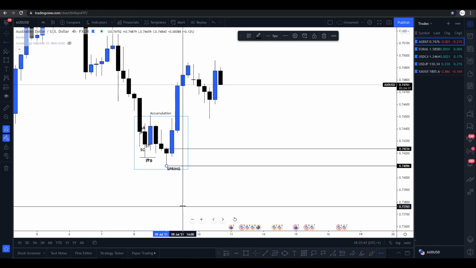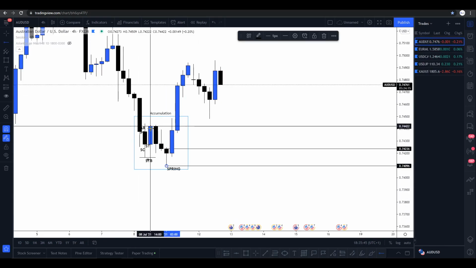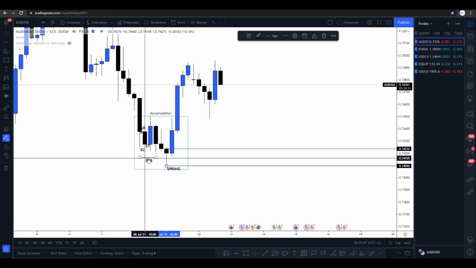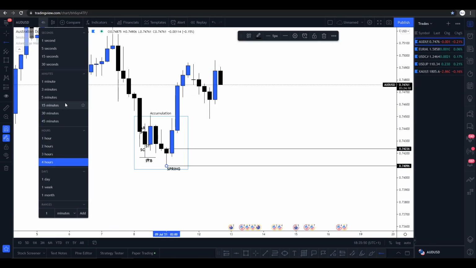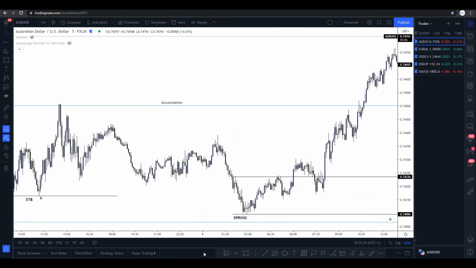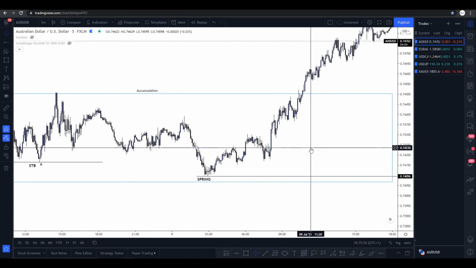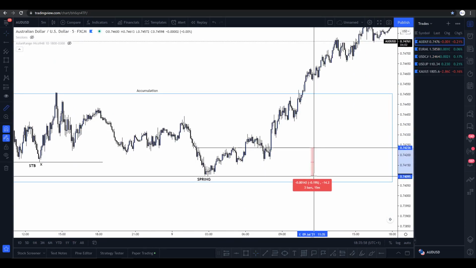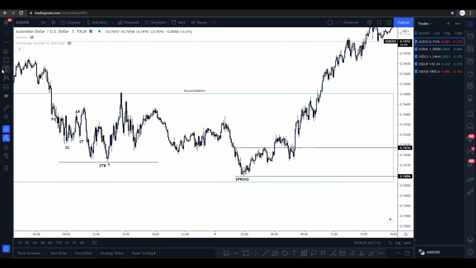Now we have Wyckoff on our side, which means that our OB was also the spring. It swept liquidity here, so that's two confirmations. So let me just write this down for everyone to make this a little bit cleaner. And this isn't even a big zone, that's like 15 pips, 14 pips, not bad. So first things first,